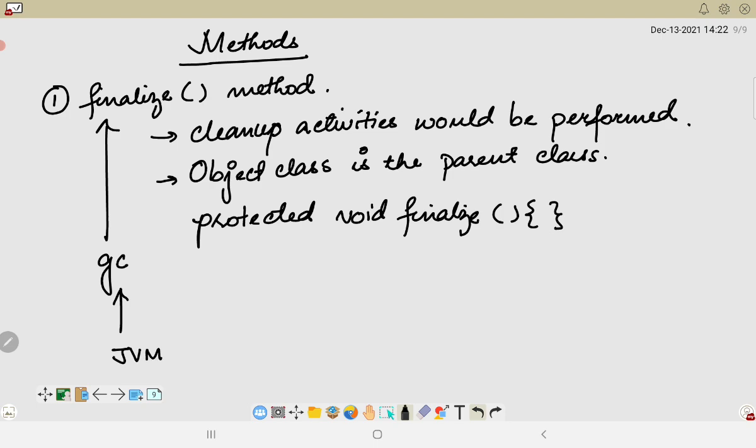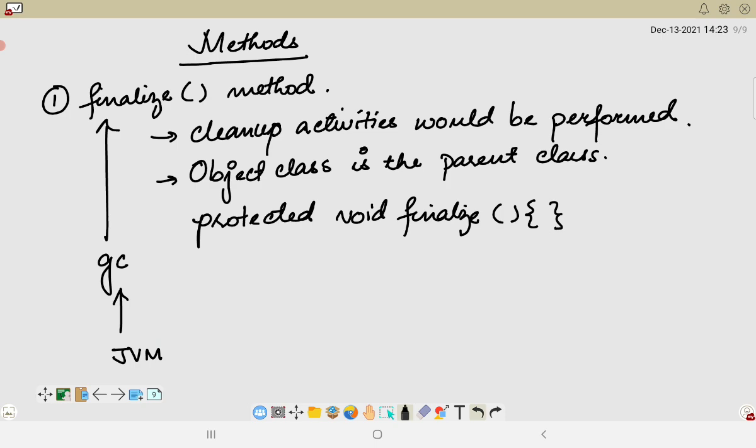Also the finalize method is never invoked more than once for any object. And if there is an exception thrown by the finalize method, that exception is ignored and the finalization of that object immediately terminates.